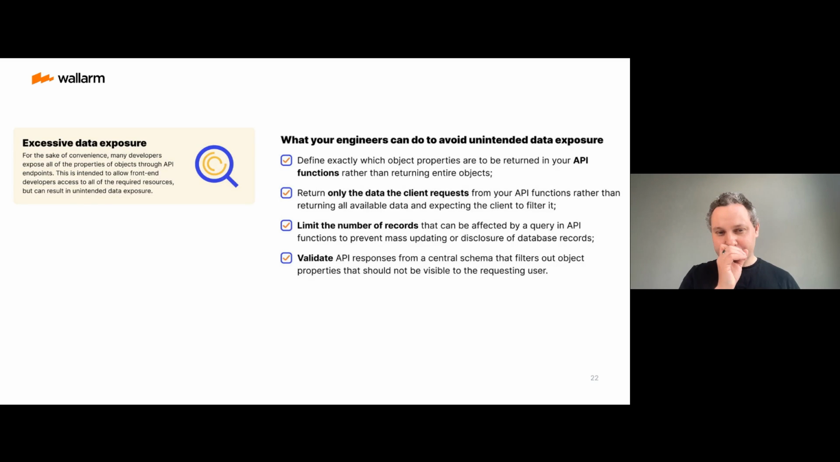Another thing is excessive data exposure. So this is what happened a lot, and this doesn't necessarily mean that you expose some sensitive data or PII data, but in some cases you do. But in many cases,